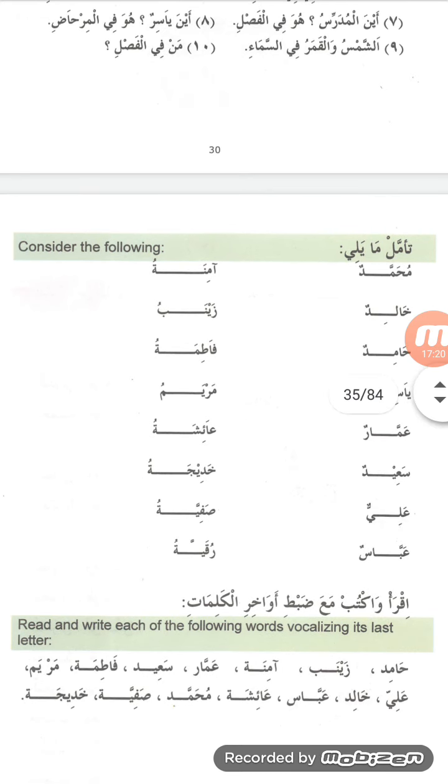أين المدرس, where is the teacher? هو في الفصل, he is in the lesson. الفصل, the lesson. هو في الفصل, he is in the lesson. أين ياسر, where is Yasir? هو في المرحاض,